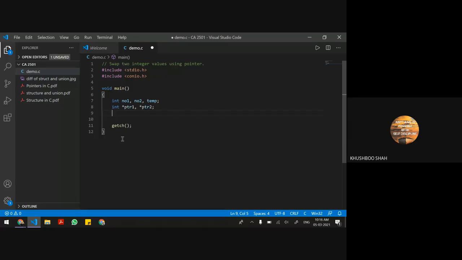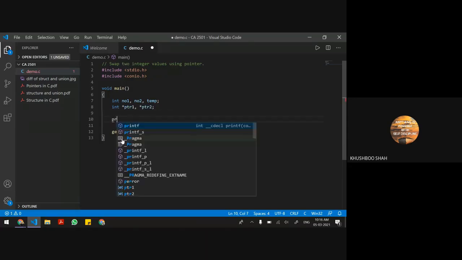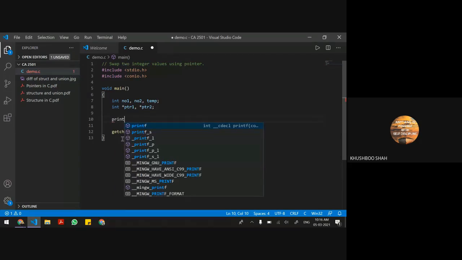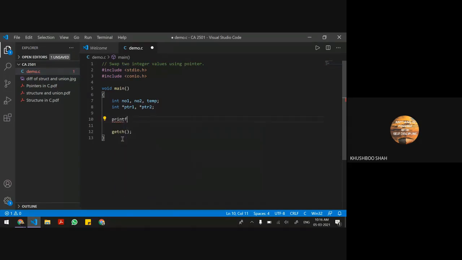Okay. Now we'll take two values from the user, or we can initialize as well. Let's initialize the values rather than taking them from the user. Fine. Okay, now first we will print the original values of no1 and no2. So just print both the values.